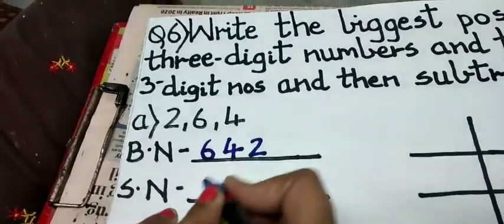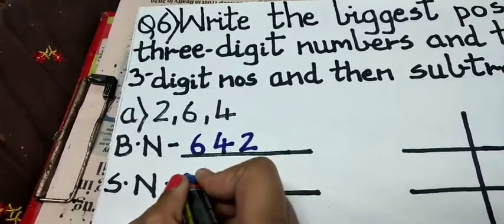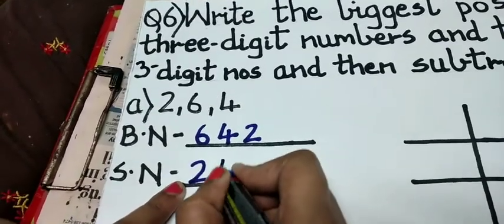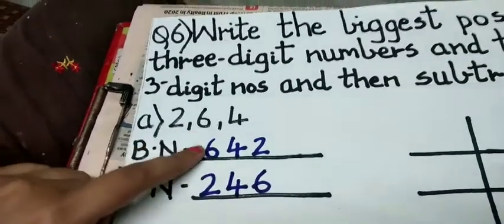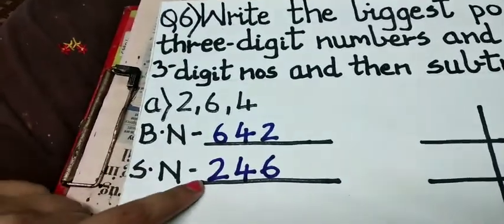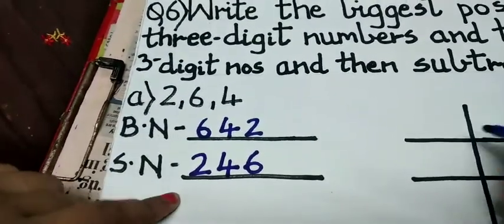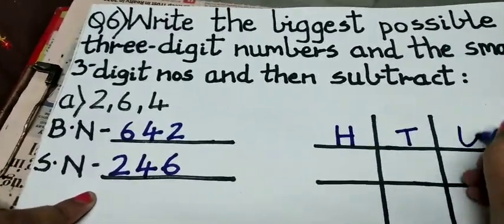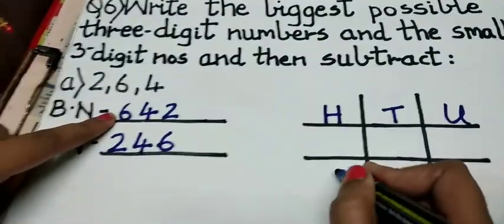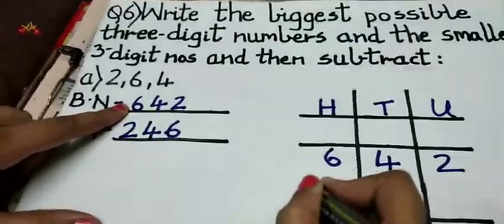For the smallest number, you arrange the numbers from small to big. So 2, then comes 4, then comes 6. So this is the biggest number and this is the smallest number, and now we have to subtract the sum. Write H, T, U. The first number 642 minus